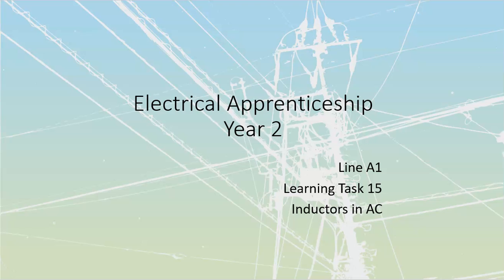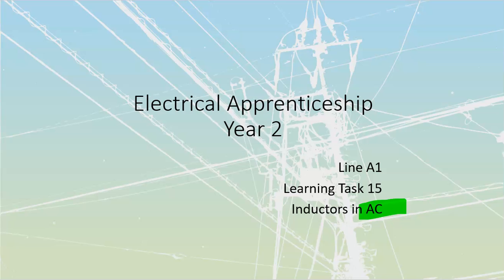All right, line A1, we're taking a look at learning task number 15, which is where we are now going to start to examine our inductors as they operate inside of an AC circuit. This is once again really critical that you identify for yourself that this is AC we're talking about now, which means that we're going to have a little bit of a different overall effect that we'll get out of the inductors. They're going to operate a little bit different, but they're still going to rely upon their base description that